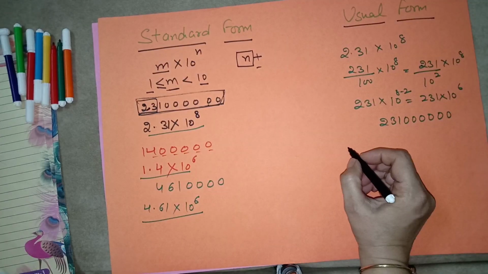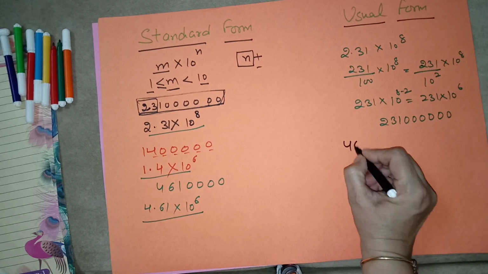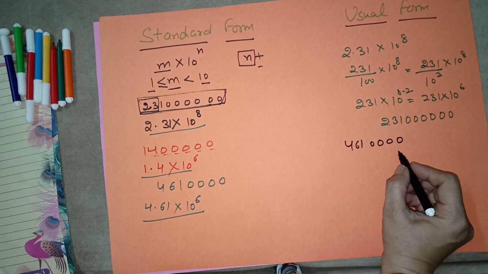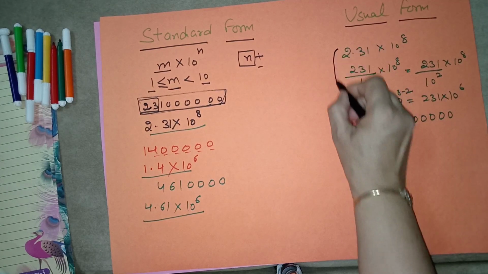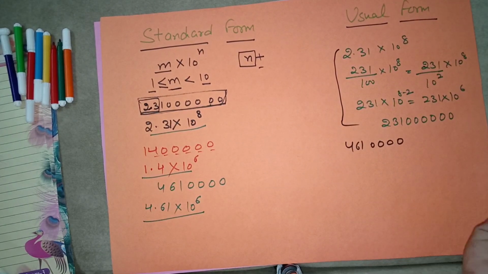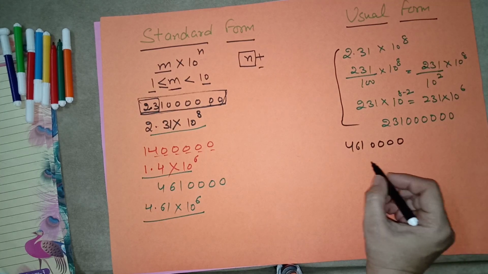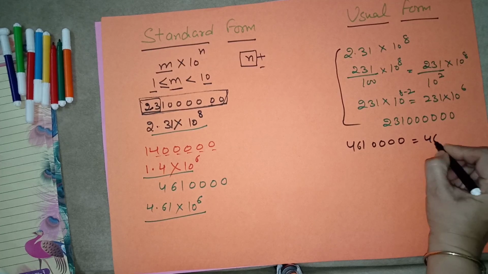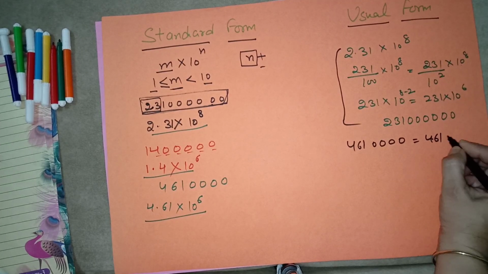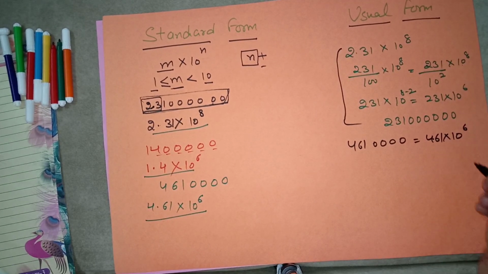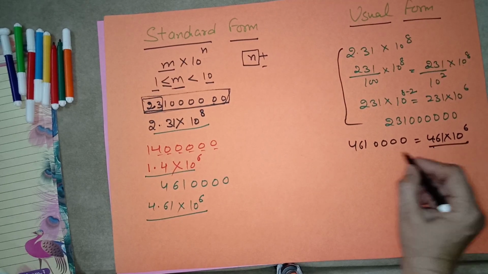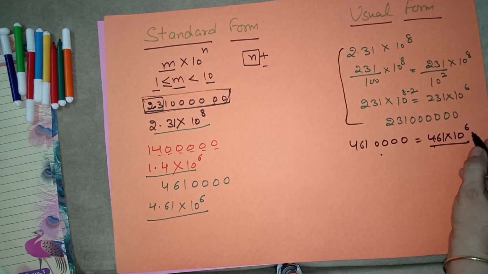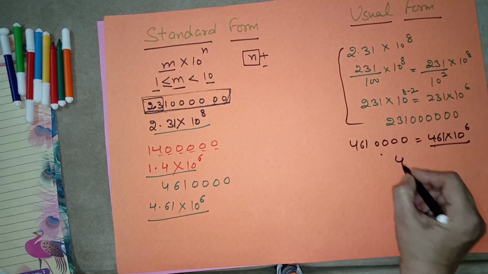In the same way, we are taking one more example. The same example I am going to take: 1, 2, 3, 4, right? I want to write it in the standard form. First I had explained this whole. If you want to write the answer directly, that's up to you. For the standard form, it was converted into 4.61 multiply 10 to the power 6. Now I want to convert this back from 4.61 multiply 10 to the power 6. In the same way you can do it.